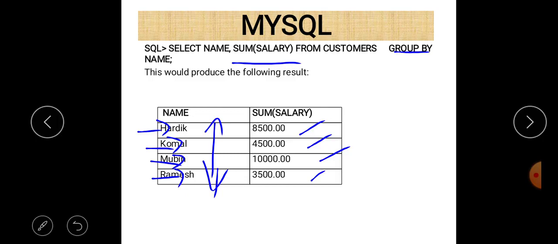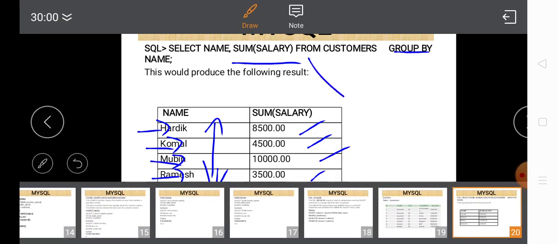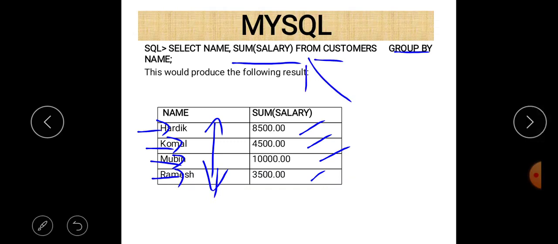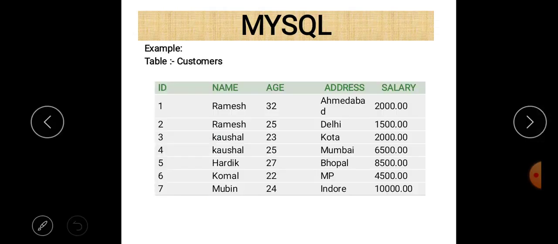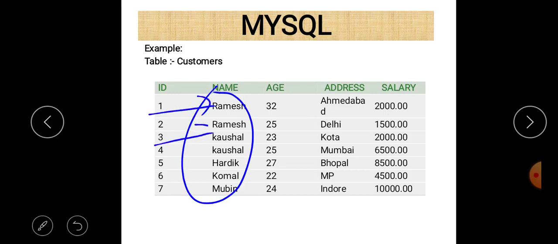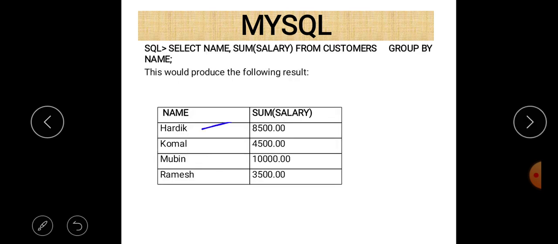So 3 things should be remembered. First of all, group by is used to form a group on the basis of a particular column. Second important thing, the group by clause, group by statement or group by command must be used with an aggregate function. Without an aggregate function, the group by command cannot be used. And the third important thing is that they form a group on the basis of a particular column, and it may be possible that there is a repetition of values. So if there is repetition of values, they appear only a single time.